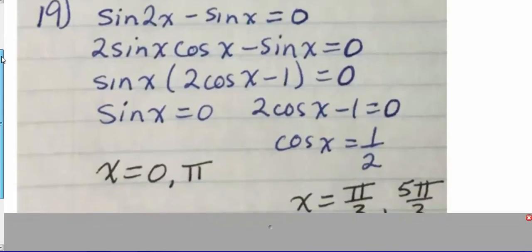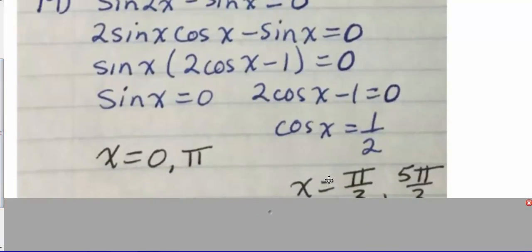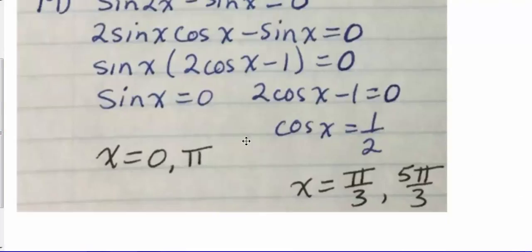And this question suggested anything in the 0 to 2 pi range we're looking for solutions. So sine is 0 at 0, and then at 180 degrees, which is pi. Cos is 1/2 in quadrants 1 and 4. And so in quadrant 1 it's pi over 3. In quadrant 4, I didn't actually draw this one in. I should have, I suppose. In quadrant 4,